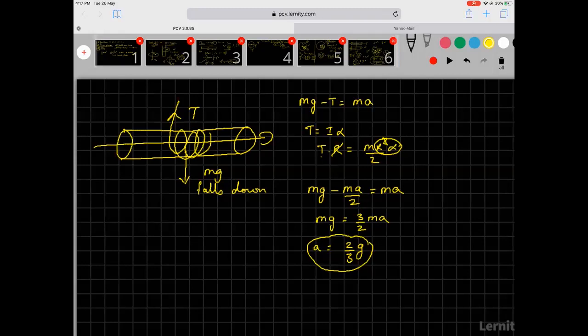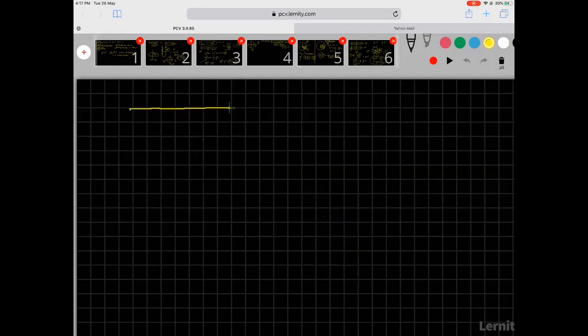If you are able to understand this, then let me move on. Now there is this Atwood machine. This is what is called an Atwood machine. Atwood machine is basically, if you have a mass m1 on this side and a mass m2 on this side, and the moment of inertia of the pulley is I and the radius is r. Now the question is, what is the acceleration? This is m1, this is m2. Let us assume that m1 is greater than m2. This is a standard question which came in the January 2020 exam. What is the acceleration of the system?